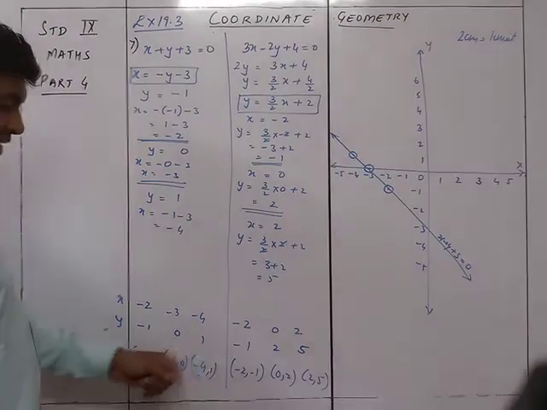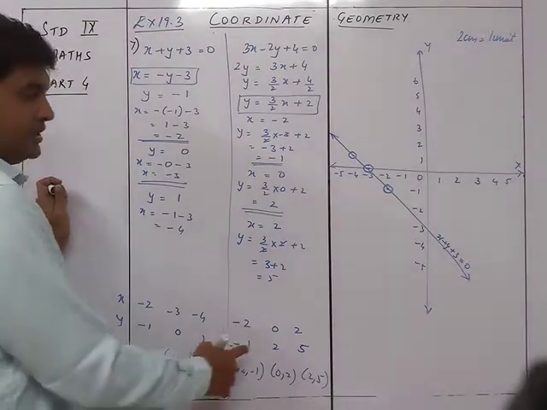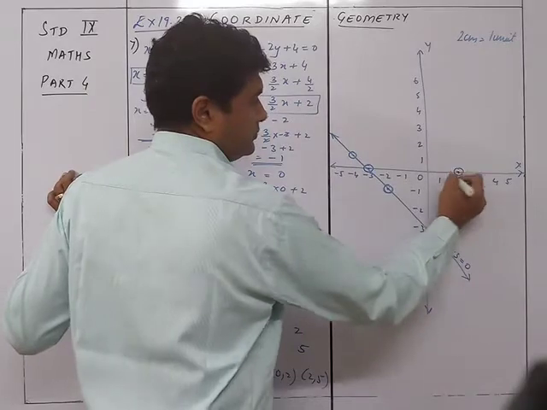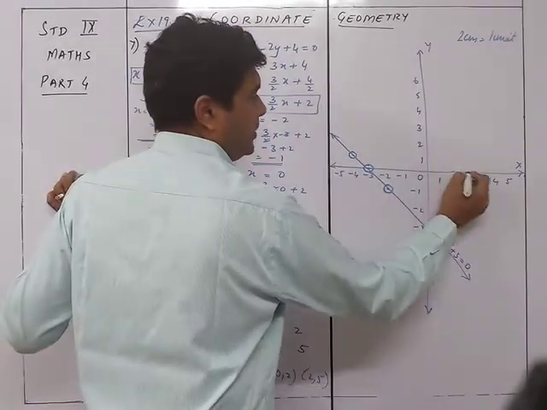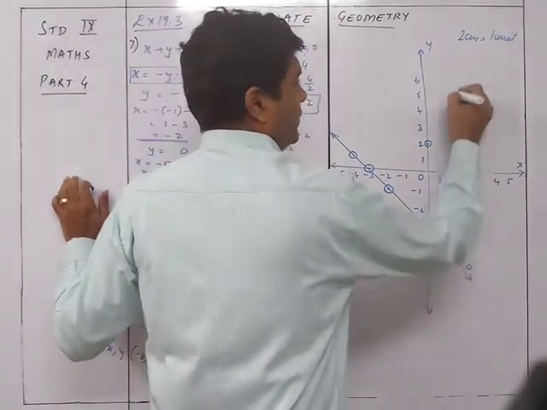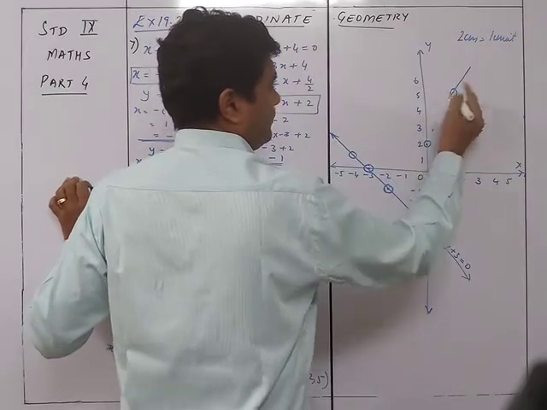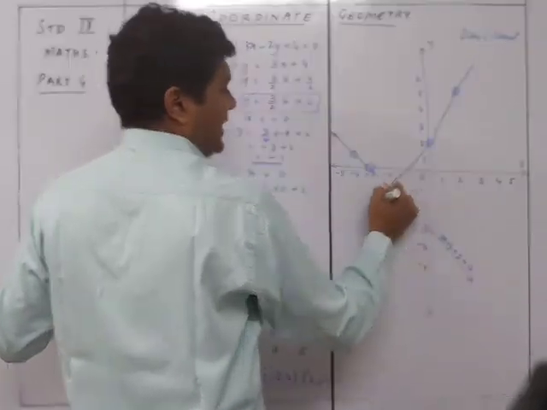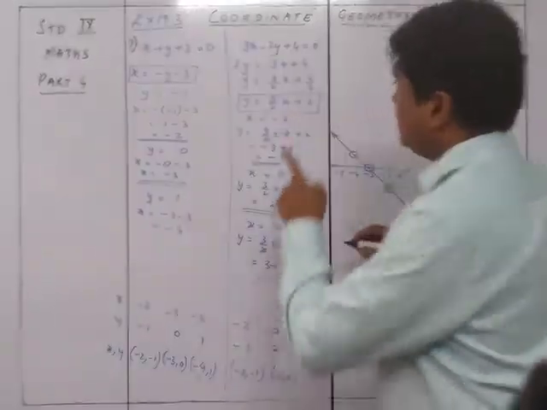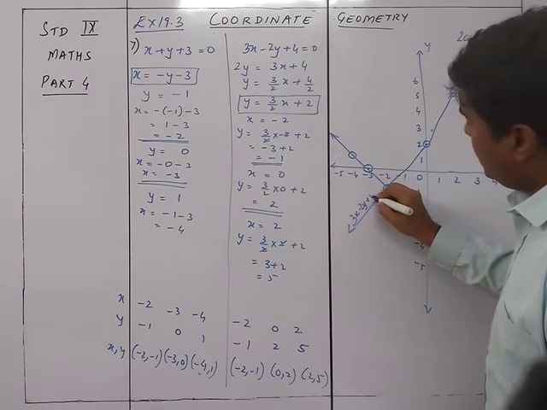Don't leave that. Secondly, minus 2, minus 1, we already have this point over here. So that's the intersection point. 0, comma 2 will be over here. Sorry, not here, it will be over here. Mistake. 0, comma 2 and 2, comma 5 will be over here. So this will be the required line like this, which will be on the equation as 3x minus 2y plus 4 is equals to 0.